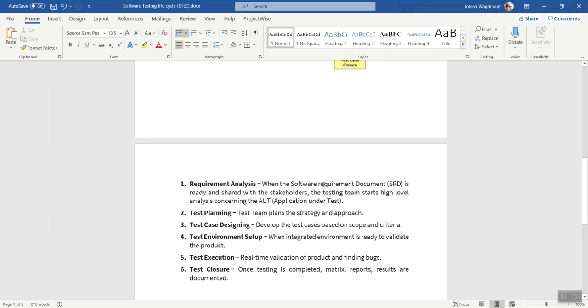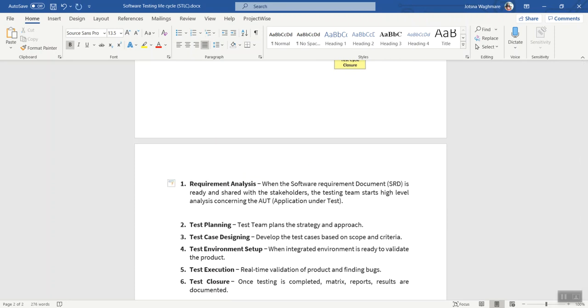So there are various activities which come under requirement analysis. The first one is to identify types of tests to be performed.